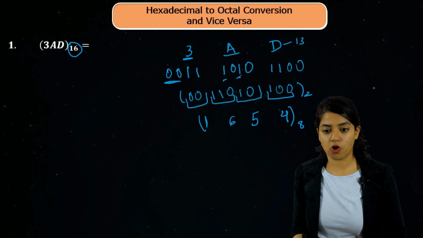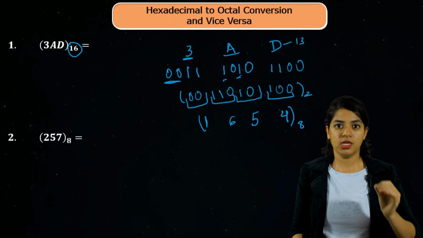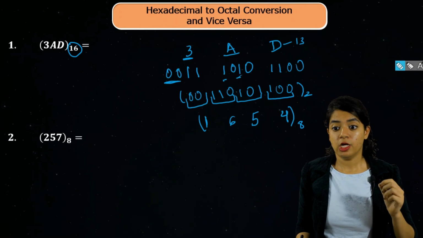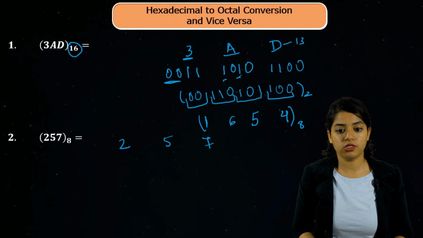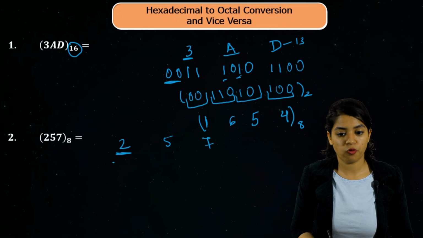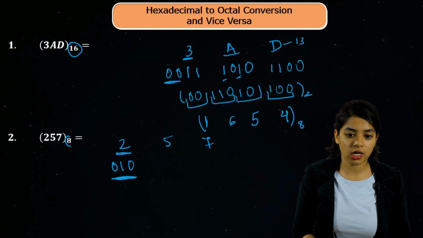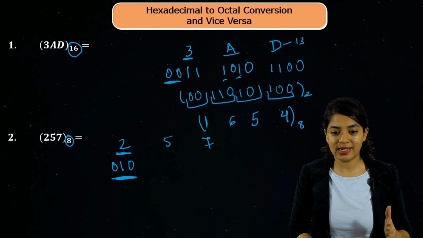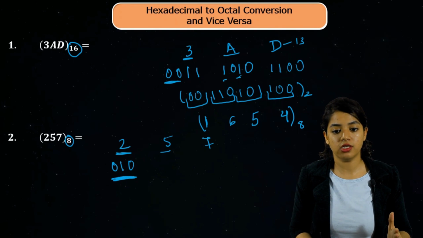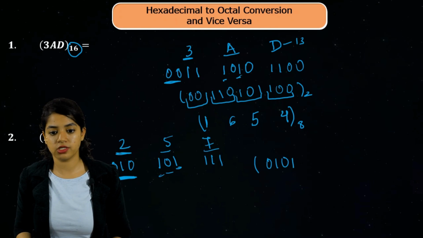Similarly, let's consider this octal number 257, and we have to convert this number into the hexadecimal number system. The approach is very similar, but you have to keep a few things in mind. So let's consider 257. First we have to convert this number into binary. Here we will write it in 3 digits. Why 3? Because this is the octal number system. Octal is base 8. 8 is nothing but 2 power 3. So we will write it in 3 bits. So 5 in 3 bits can be represented as 4 and 1. Similarly 7 is 111. So this is the binary representation of this number.